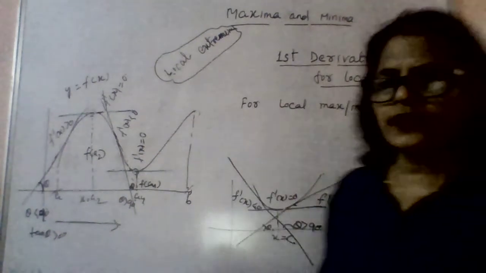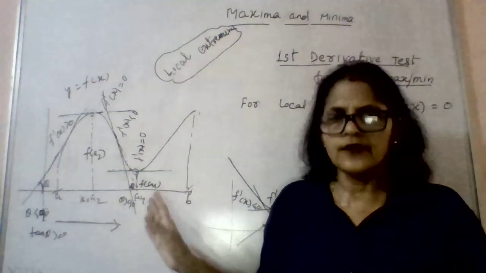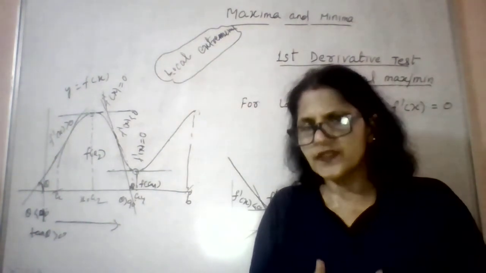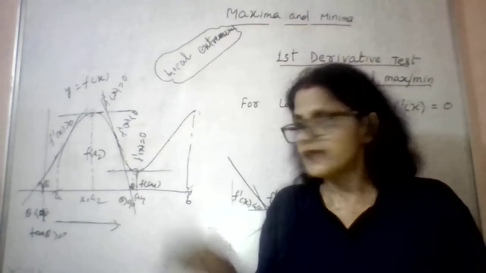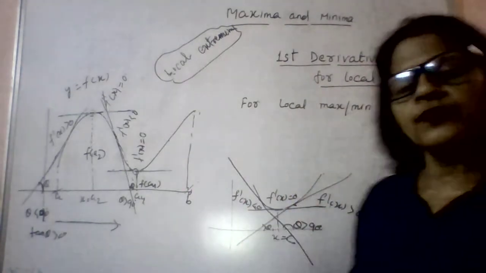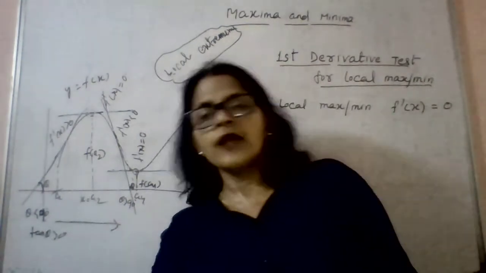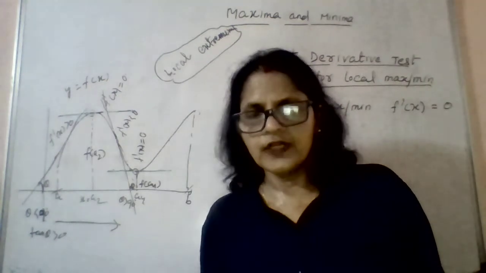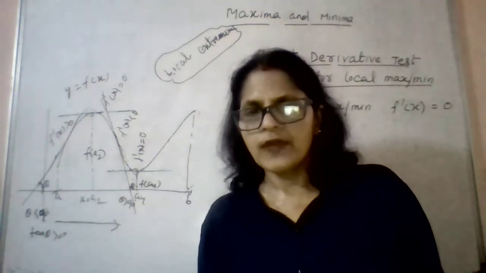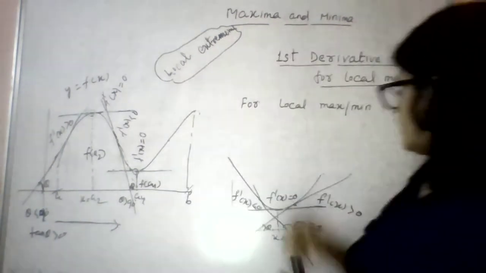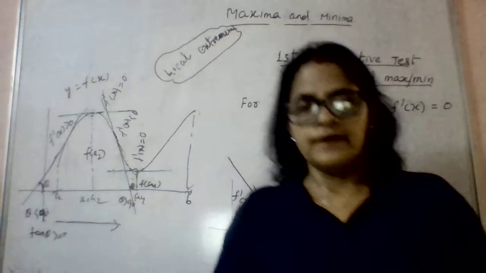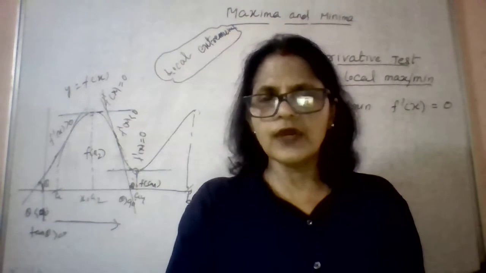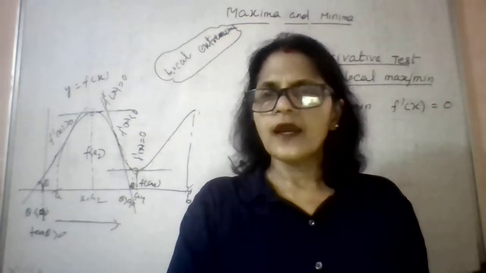So that is the only identification till now to identify whether the function is attaining local maximum or local minimum at that particular critical point. Okay. Now you may have the question: what will happen if the derivative does not change its sign? That we will discuss. So now, next, coming to the first derivative test. Using the first derivative, how to find the local maximum and local minimum points and the value of the function.